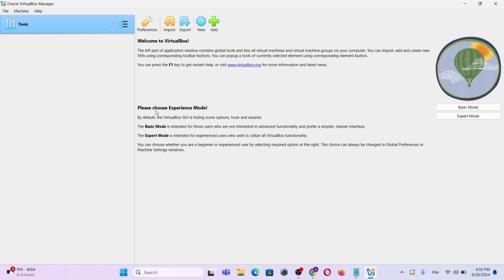So if you want more tutorials about VirtualBox, you can go to this card and you will find many tutorials. I will do it